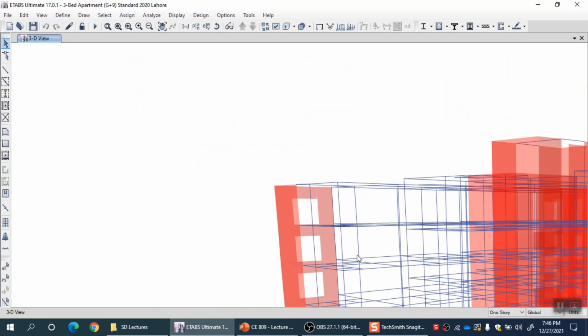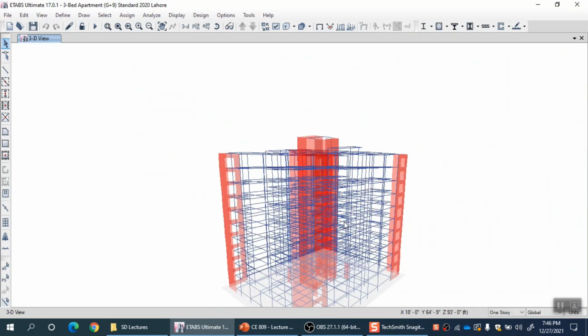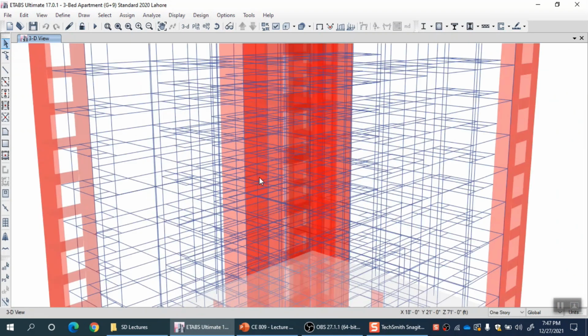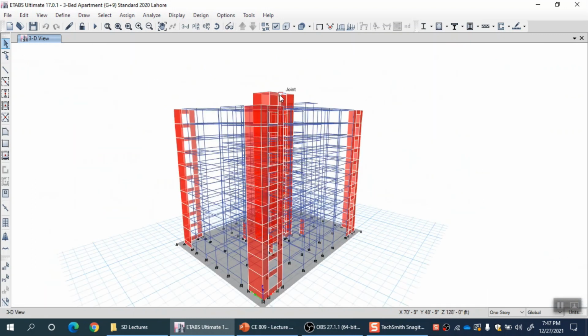So let's say that I want to perform dynamic analysis of this building. Let's say that I want to apply one harmonic loading at this particular corner and in the x direction of the building, right. Just for the purpose of this demonstration, that harmonic loading can represent anything, right. So the very first step in the dynamic analysis would be to define the time variation of that dynamic load,